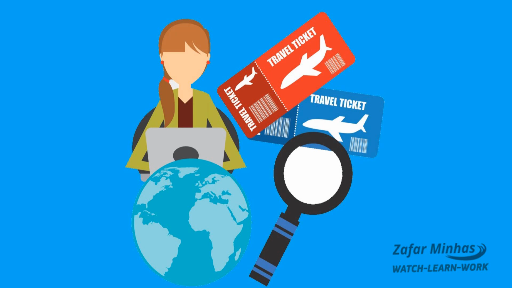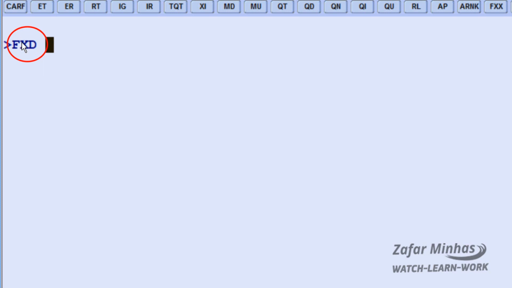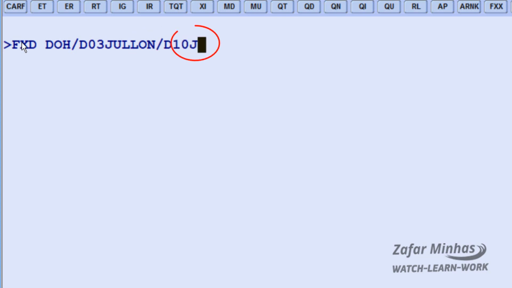To search available flight and fare recommendation, enter FXD transaction plus DOH Doha origin city 3-letters code /D date identifier plus 03 July date of departure plus LON London first stopover destination 3-letter city code /D date identifier plus 10 July departure date plus SFO San Francisco second stopover destination 3-letter city code /D date identifier plus 15 July departure